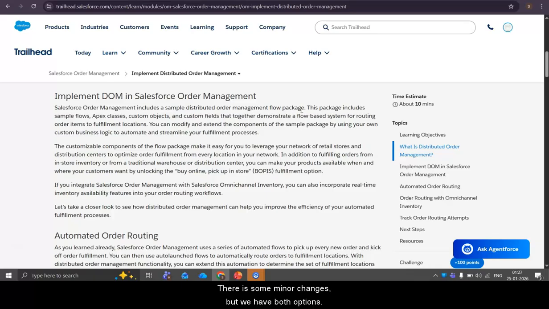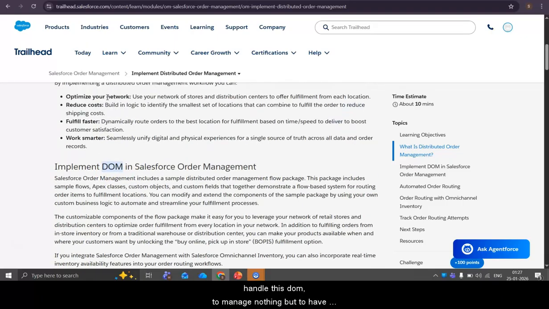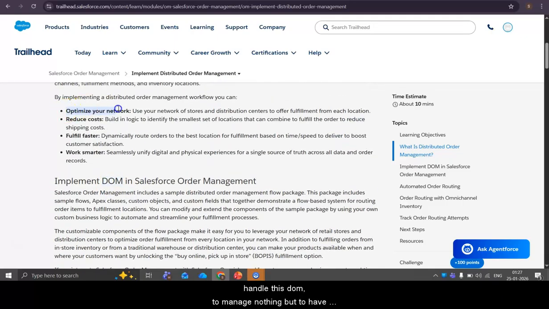We have both options: either go with omni-channel inventory in the org itself, or install the external packages to get all these features.